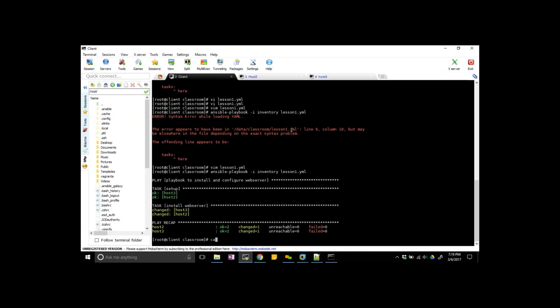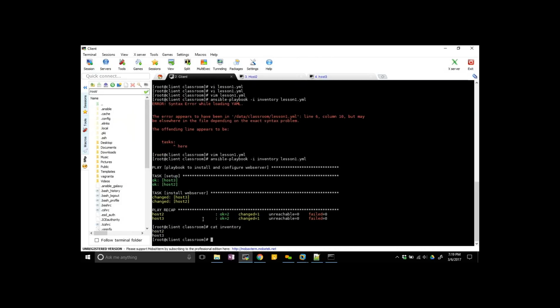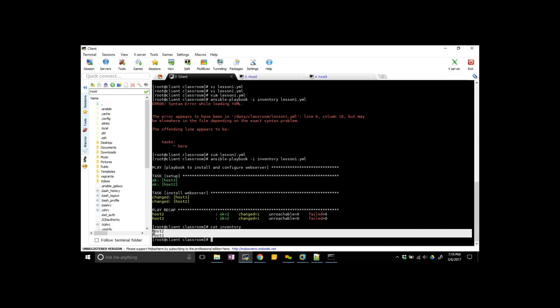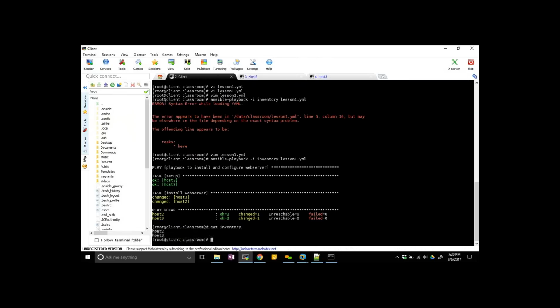I showed you in the inventory file: whatever machine names you provide in the inventory file, this whole script will run on those two machines. These are the two machines in the same network. Host 2 and host 3 are two servers, and I'm planning to install our web server on these two machines.